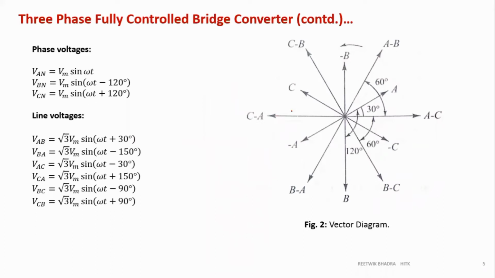But before that, we have to go through this first-year topic about how to write the phase and line voltage. So for phase voltage, A is always taken as reference. From that, B is 120 degrees, so B is 120 degrees from this one, and C is another 120 degrees from this. So you can write minus 120 for B, minus 240 for C, or plus 120 for C if you go in the anti-clockwise direction. If you are having any doubt in between, you can ask, not a problem.